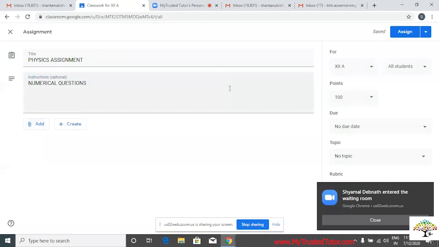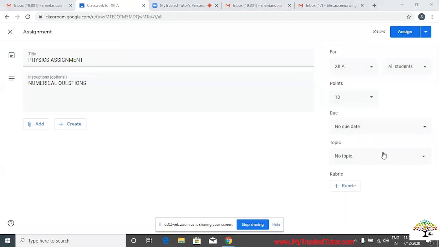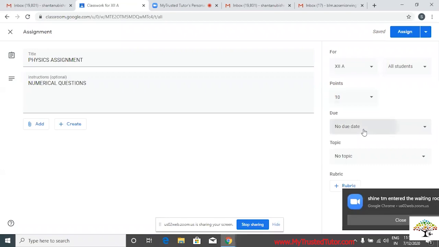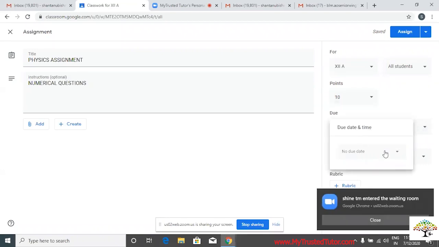Then in the right hand side section, you can find different options. You can find here the points option. You can change that. This is basically for marking the student. For example, if I want to keep these numerical questions of 10 marks, I'll keep a 10 over here. And if I want to give any due date to my students or my colleagues, I can do that also.